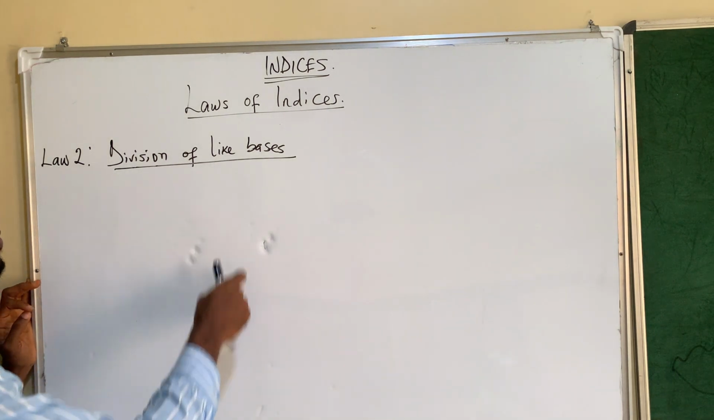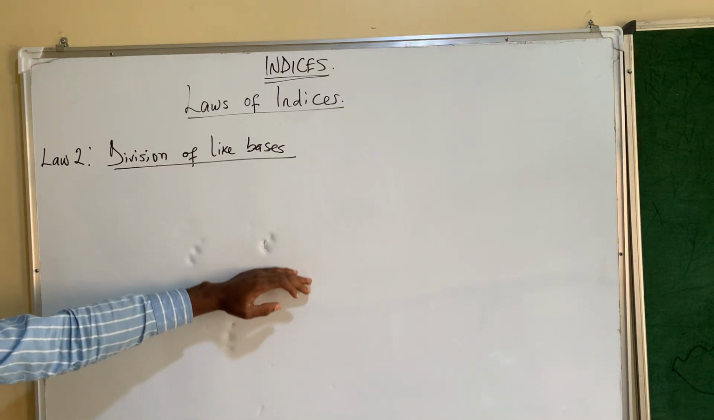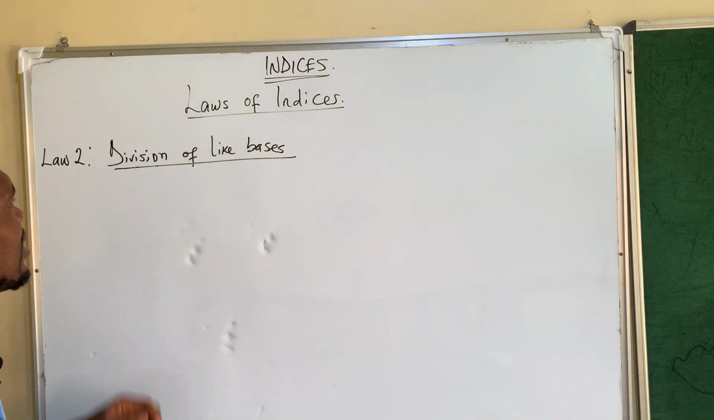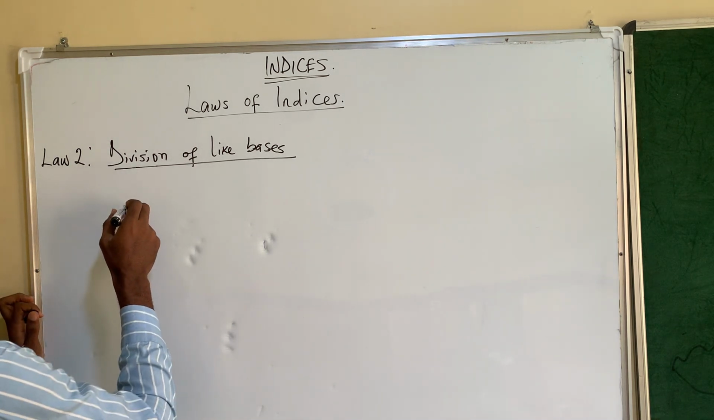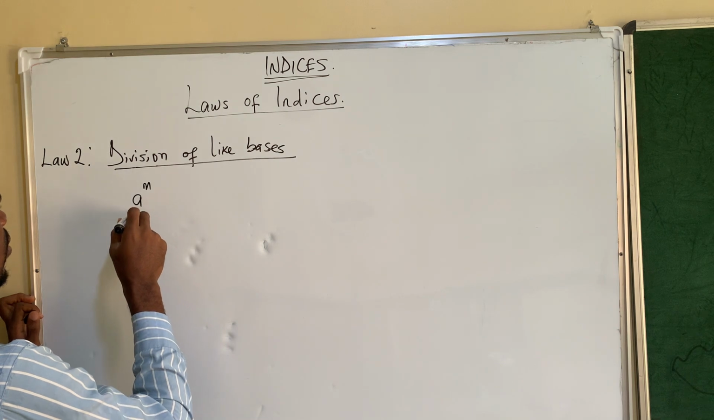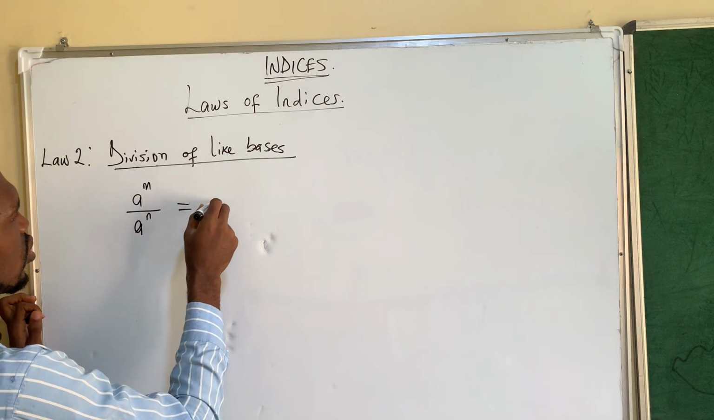This is the second law of indices. The law is division of like bases. Remember that the first law is multiplication of like bases. But in this case, we have division of like bases. For example, we have a raised to power m over a raised to power n is equal to a